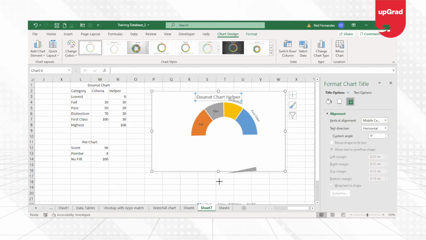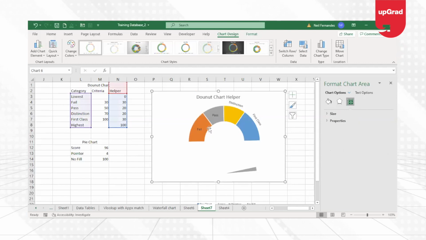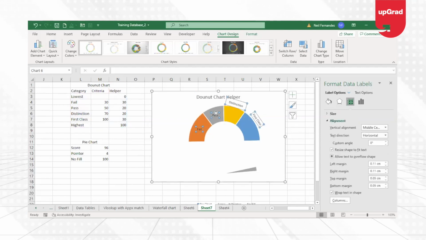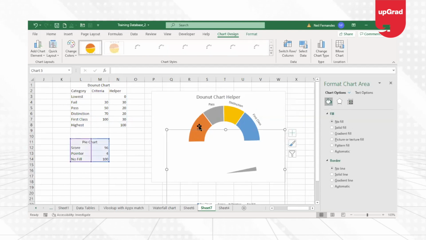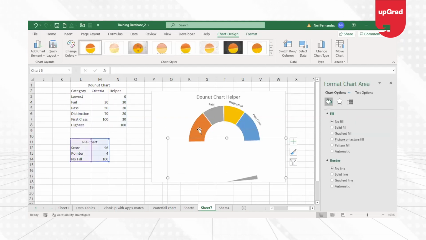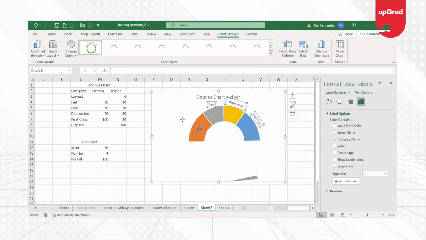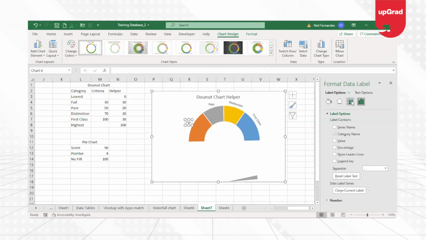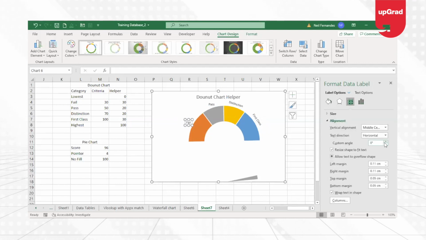Maybe you might have to make the chart a little bigger so it is visible. So I'm going to move this out so it is visible here. This also I'll have to do the same thing. So once I have done this, I should be able to